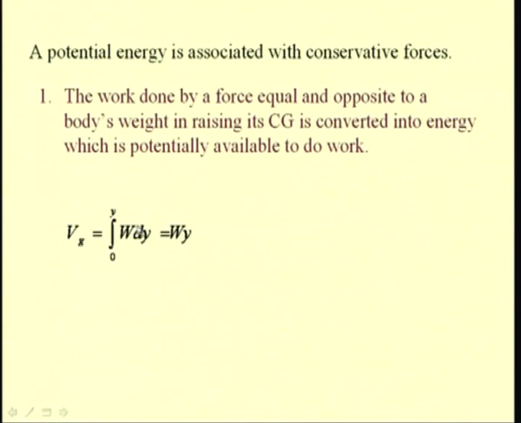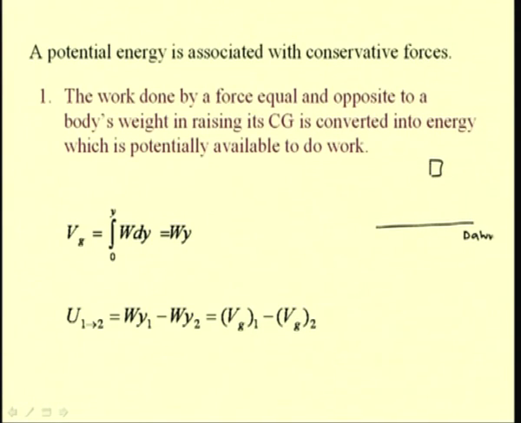So, this is the work done to raise a given body from its datum to the given position y. This is the weight W. So, Wy is the potential energy associated with this position, and for any two positions the work done is equal to the difference of this potential energy, that is Wy1